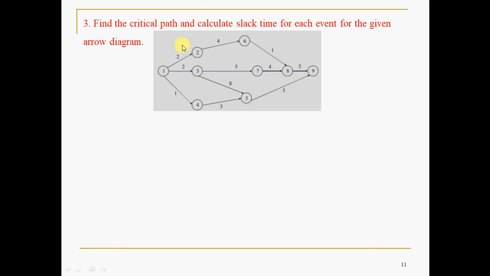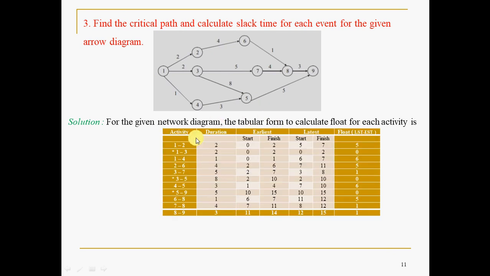Sometimes it may be given like this also. A built network will be given to you, and you must find the critical path and calculate slack for each activity for the given diagram. So you have to make out 1 to 2, 1 to 3, and so on. Please note that these are the time estimates written above the arrow, and these are the nodes or events, 1, 2, 3. Do not confuse this with this. These are the node numberings, 1, 2, 3, 4, 5, 6 and all up to 9, and these are the durations of each task or activity.